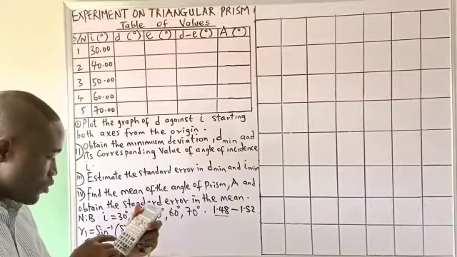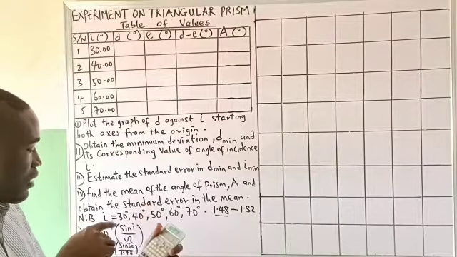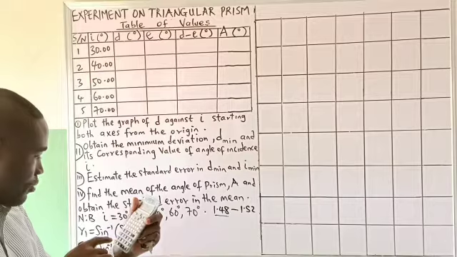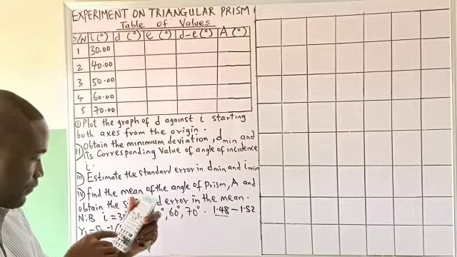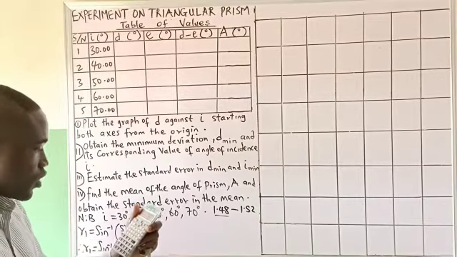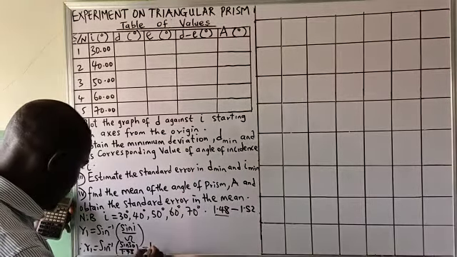So what I will now put is shift sine, which means sine inverse bracket 0.5 divided by 1.48. So I'll be getting my answer to be equal to